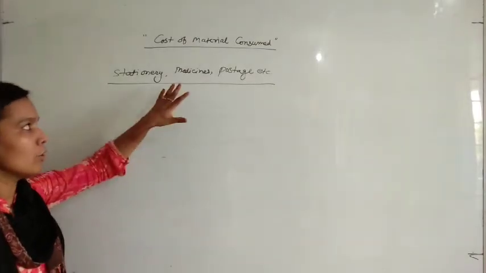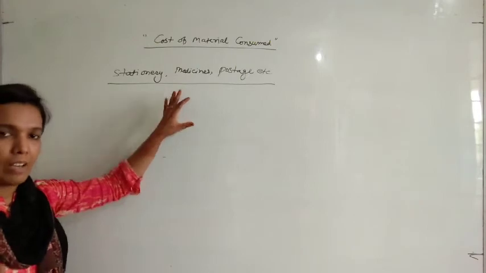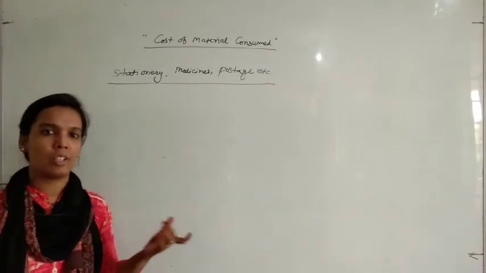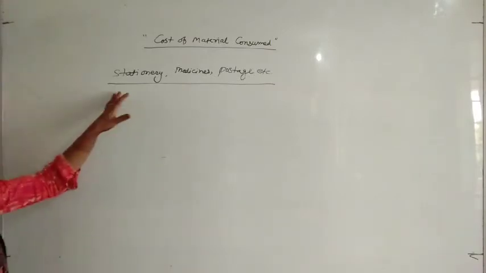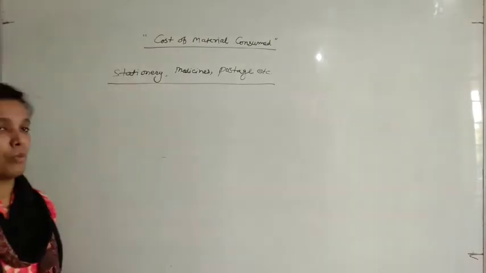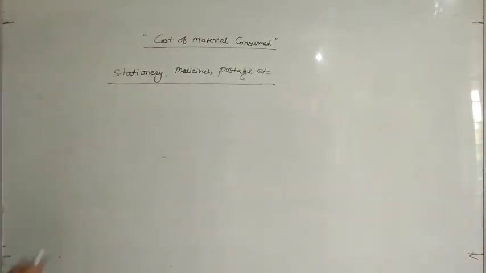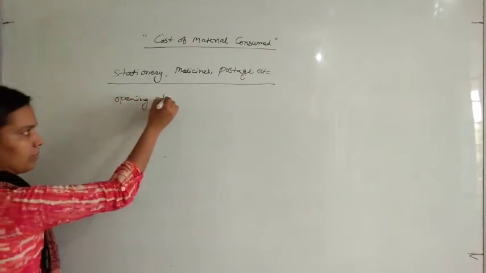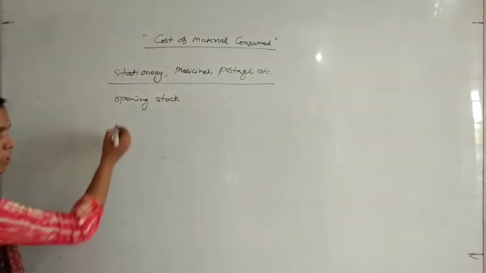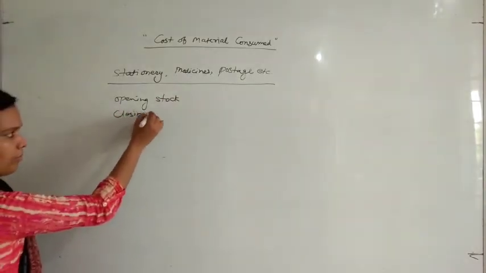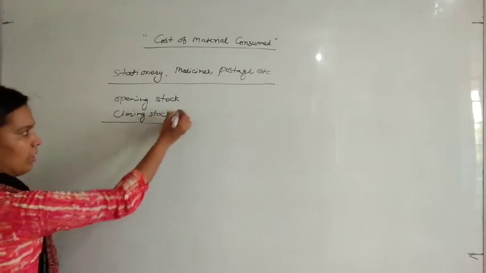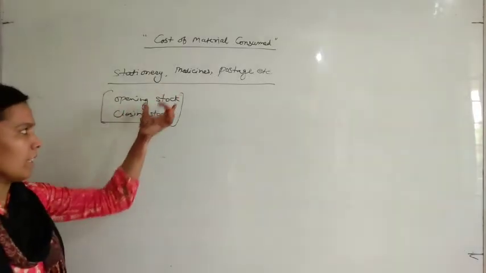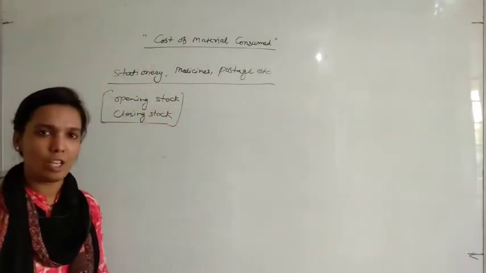So we have to find the cost of these materials that we will show in income and expenditure account. And you know that all expenses will be shown on the debit side in income and expenditure account. So these will be some material that will be consumed by an NPO. Okay. So in this type of question, you will find in the question opening stock and closing stock. These two figures you will find in the question, that what is the opening stock of material and what is the closing stock of material. Easily you will find these.